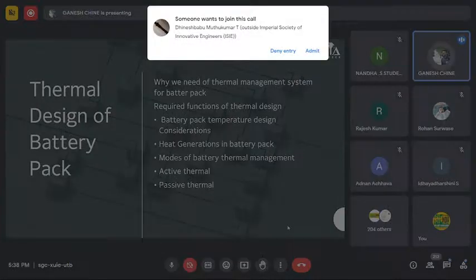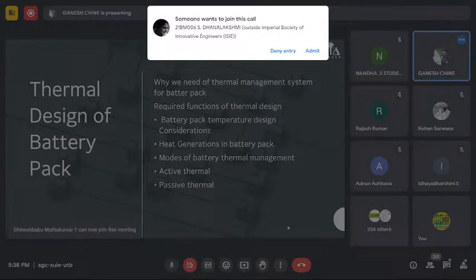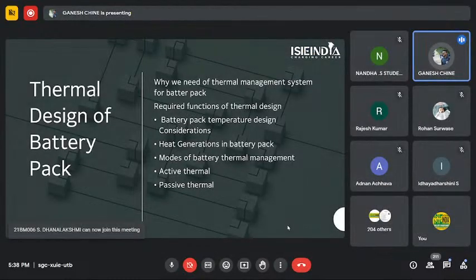In active cooling, we require air, liquid, refrigerant, and any hybrid cooling. In that, we require an external force for active cooling. For passive, we simply use PCM material or